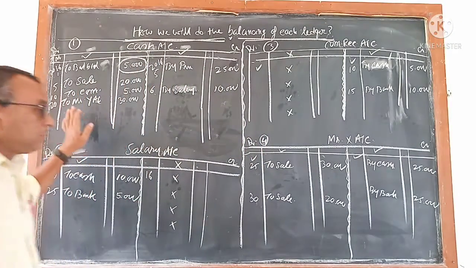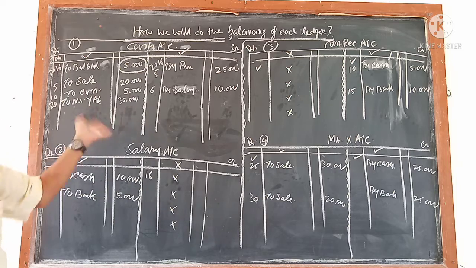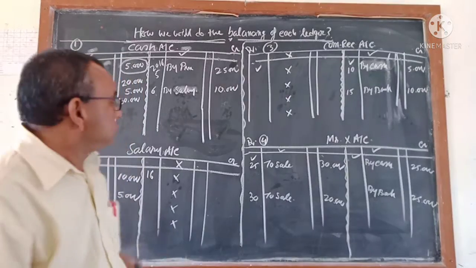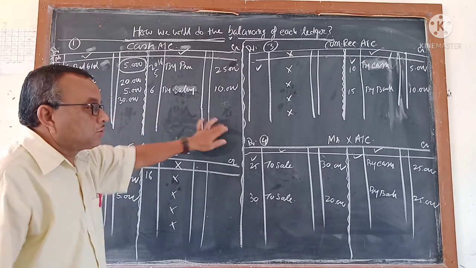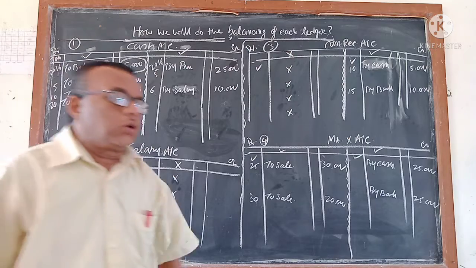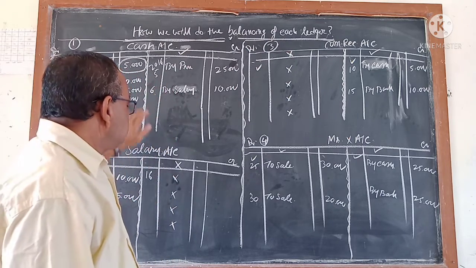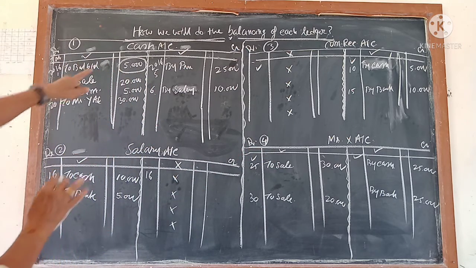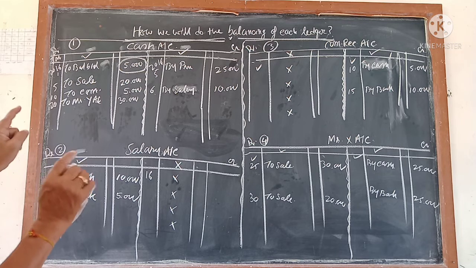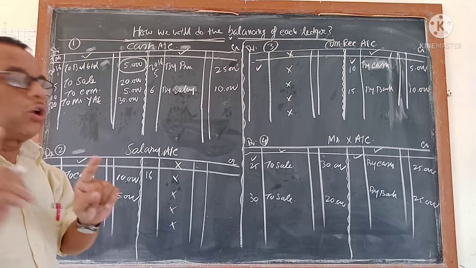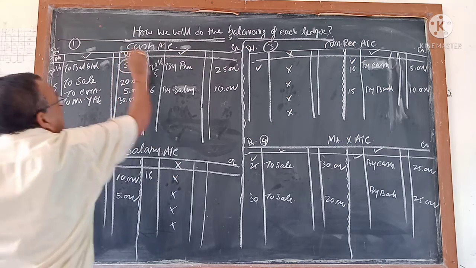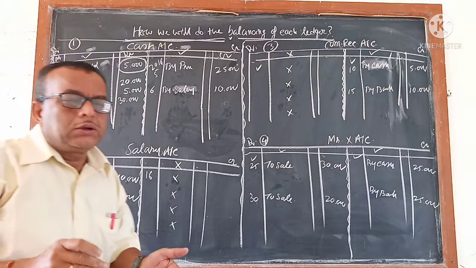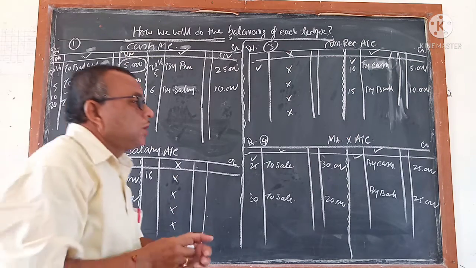So let us come to the first one, where both side postings are there, but the totals of both the amount columns are not equal. Follow step by step. The same steps we will follow for the remaining three. First, we take the cash account and look at the two amount columns, the debit amount column and the credit amount column. Orally, if possible, we try to find out which side is more.